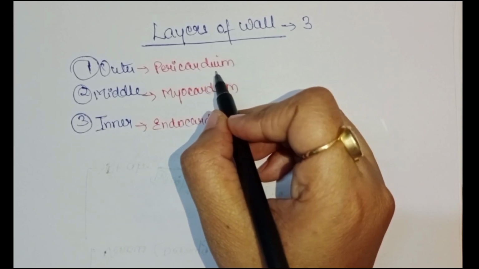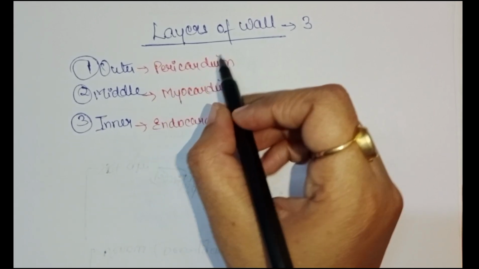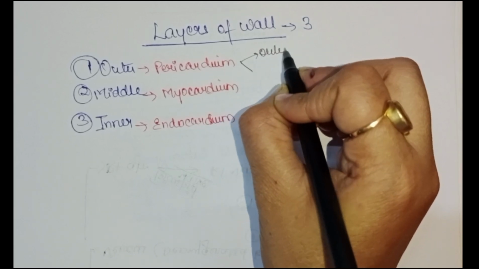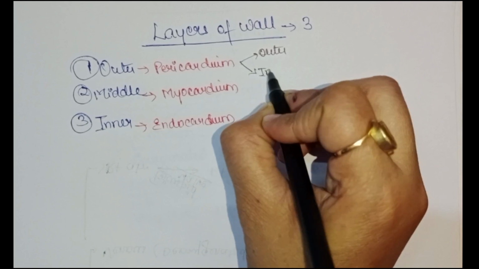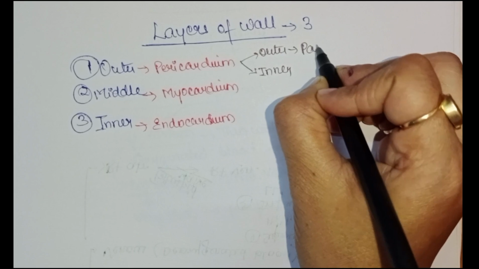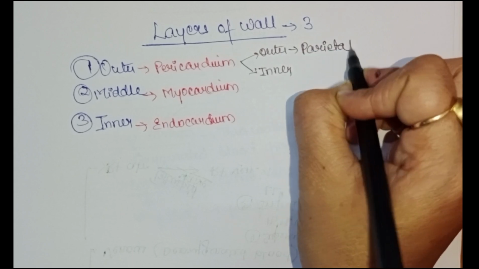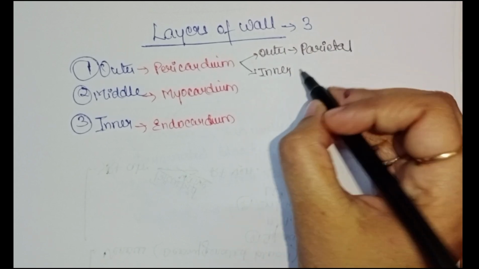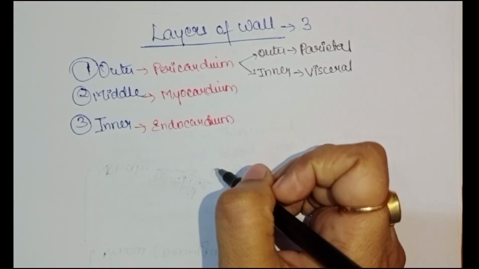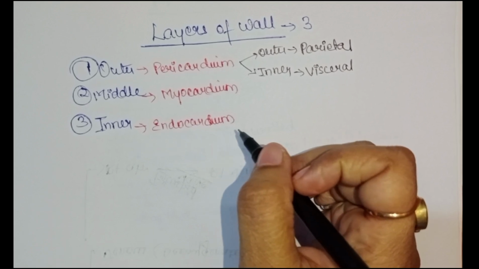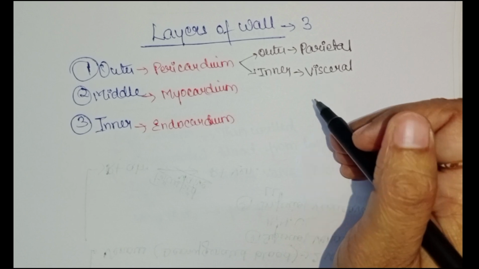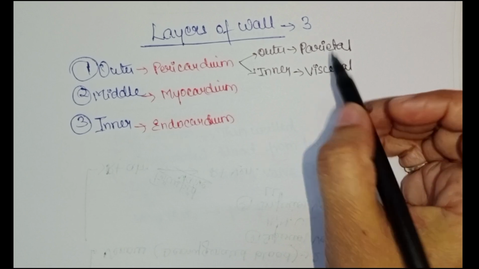The outer covering of the heart, that is the pericardium, is made up of again 2 layers, outer and inner. The outer is known as parietal pericardium and the inner is called visceral pericardium. And the space between the 2 layers is called the pericardial cavity, and it contains a thin film